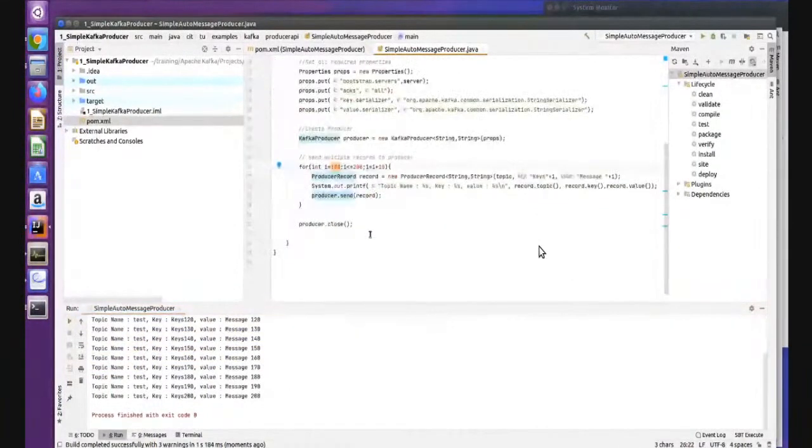This is a simple example of how to use the producer API to produce data. Here you can write the code to read the data from a CSV file, read the data from a directory, or read the data from anywhere, RDBMS or NoSQL, anywhere. So this is the place where you can write your own code to read the data from any source, right? So simple. I created that dummy data, right?